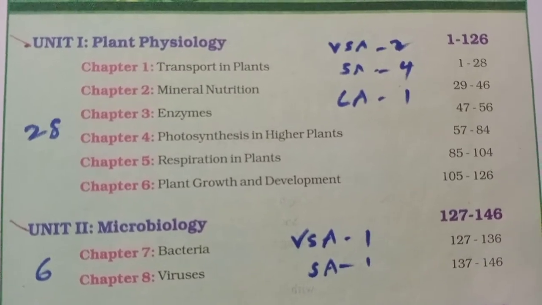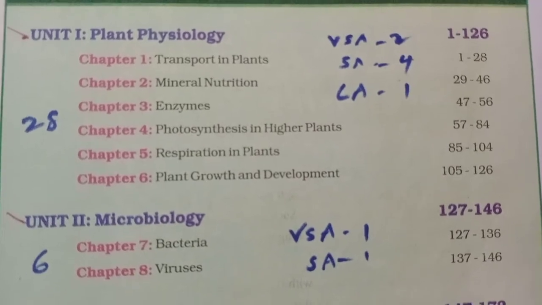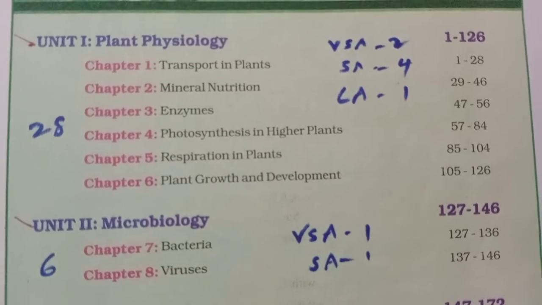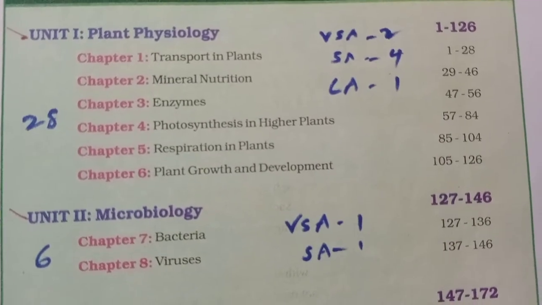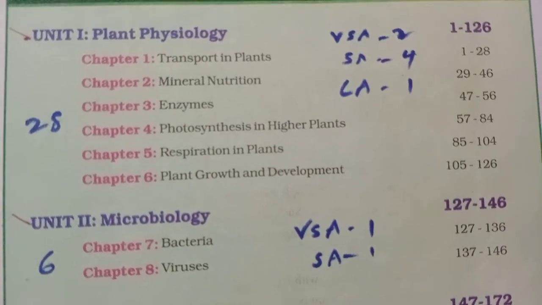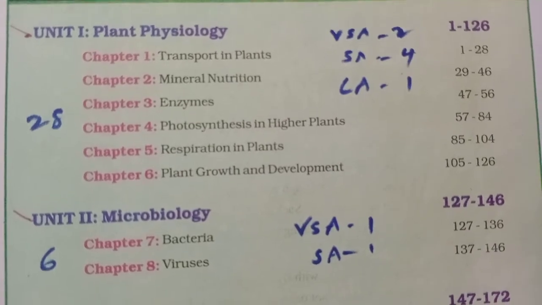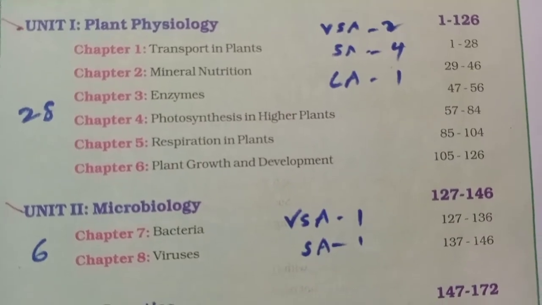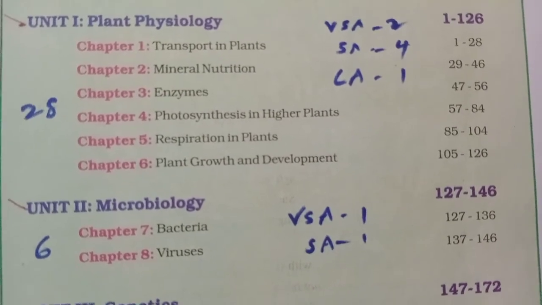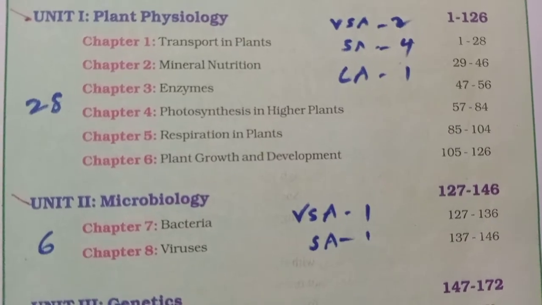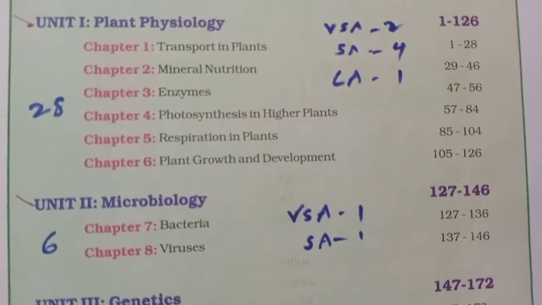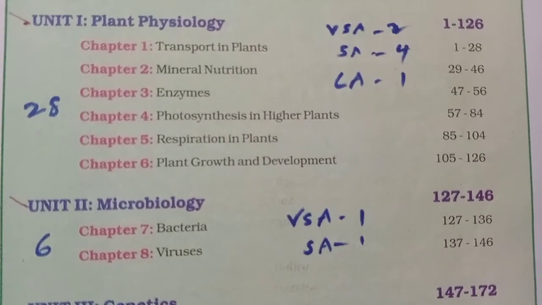Next, go to mineral nutrition. Mineral nutrition means how plants take the nutrients from the soil and in which way nutrients are useful for the growth and development of the plant. So we will study mineral nutrition, the absorption of nutrients, essential criteria of elements like essential and non-essential elements, and micro and macronutrients, and all these features we should study in mineral nutrition.